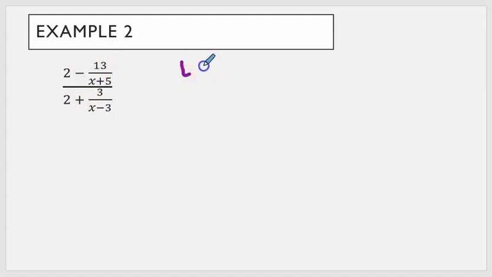For identifying the LCD, we can ignore the ones that aren't fractions. The denominator of this is 1, so it's not going to affect anything I'm doing right now. But for this fraction, I have a denominator of x plus 5. And then in the denominator of the larger fraction, we have a denominator of x minus 3. So we're just focusing on the individual smaller fractions for identifying our LCD,